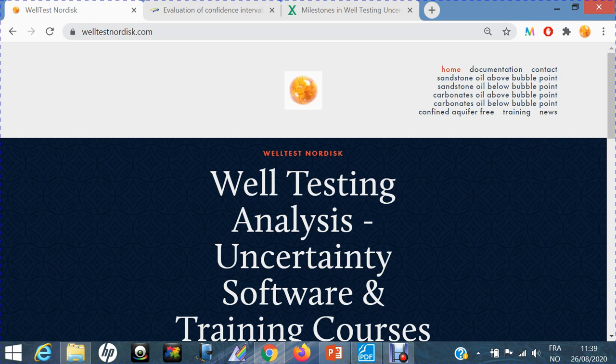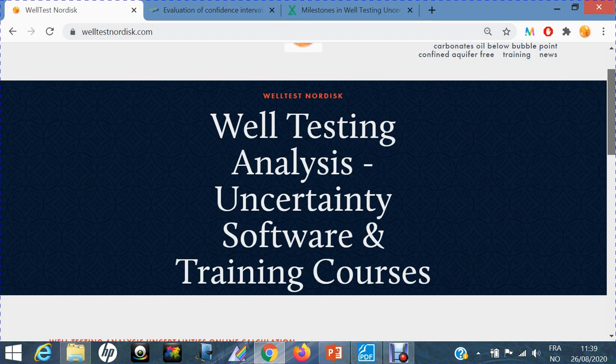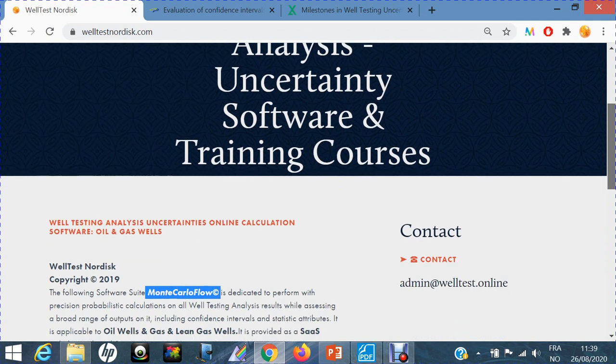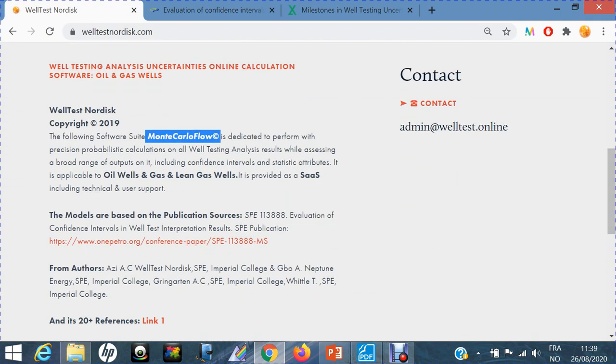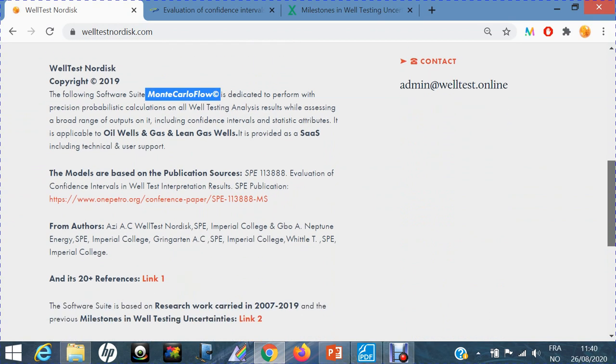When you come here, you type WellTest Nordisk altogether.com, and you get to this page where it's written well testing analysis uncertainty, because we analyze the uncertainty on the well test results. And as we go down, you have a description of the MonteCarloFlow software, and the first thing you can notice